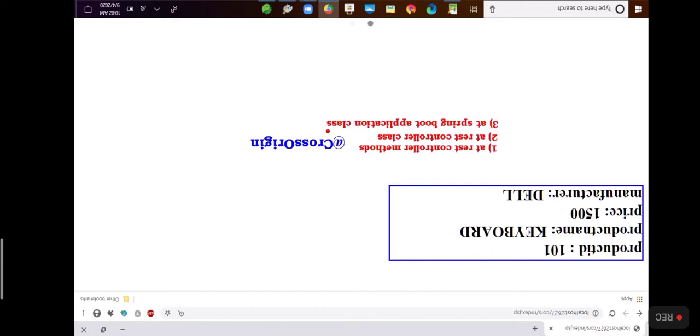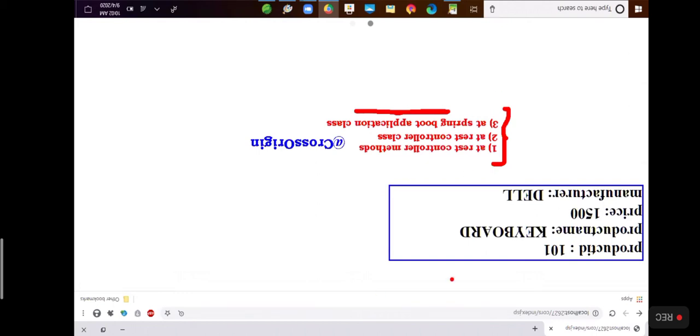So totally, it can be enabled in 3 ways. And more frequently, we are going to make use of the third approach, at the Spring Boot application class.